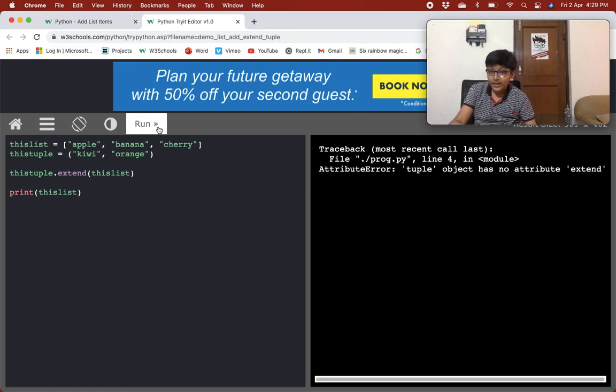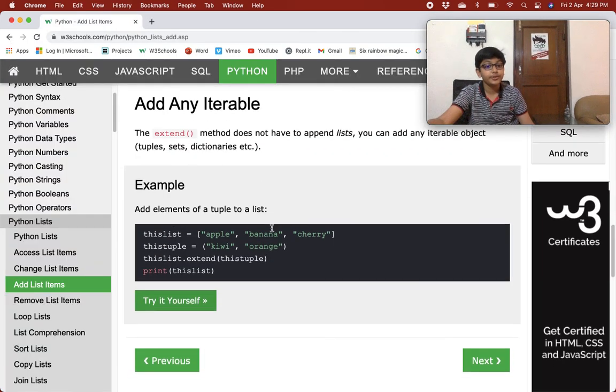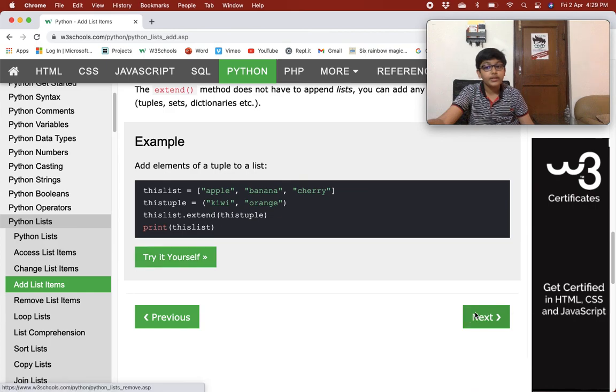So you can't extend tuples using the extend method. The extend method is only meant to extend lists by any iterable. So this was what I wanted to show you, and we have completed this also.